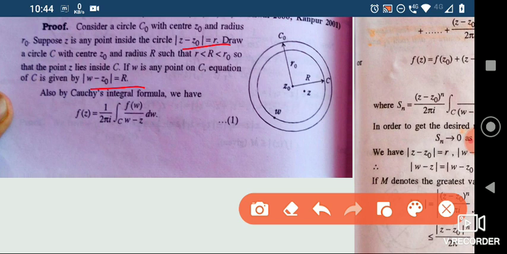Then what is this circle? We don't know exactly which is the R. So we're just thinking there is a smaller circle inside this, the circle which we define here. So small r is less than capital R, which is less than R naught. So this is the bigger one, smaller one, and this is the smallest.